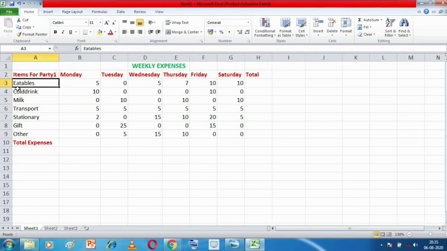See what happened: there are alphabets, a space, more alphabets, then a space, and then alphabets and a number also. This entire data is text type of data.